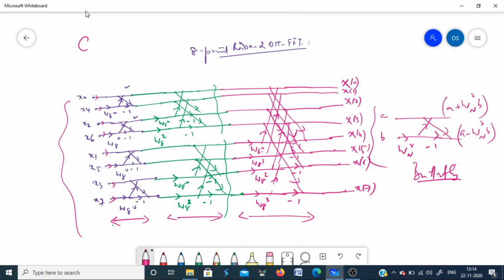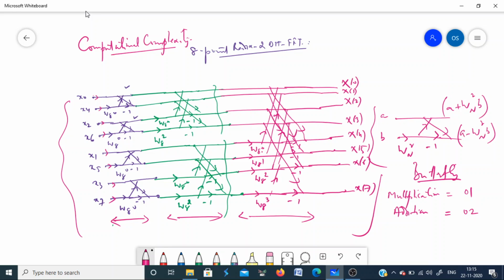Now if you look at the computational complexity of this algorithm, you will again calculate how many multiplications and additions are required to compute an N-point DFT. First you see how many multiplications and additions are used in a single butterfly. The number of multiplications in a single butterfly is 1, and the number of additions is 2,